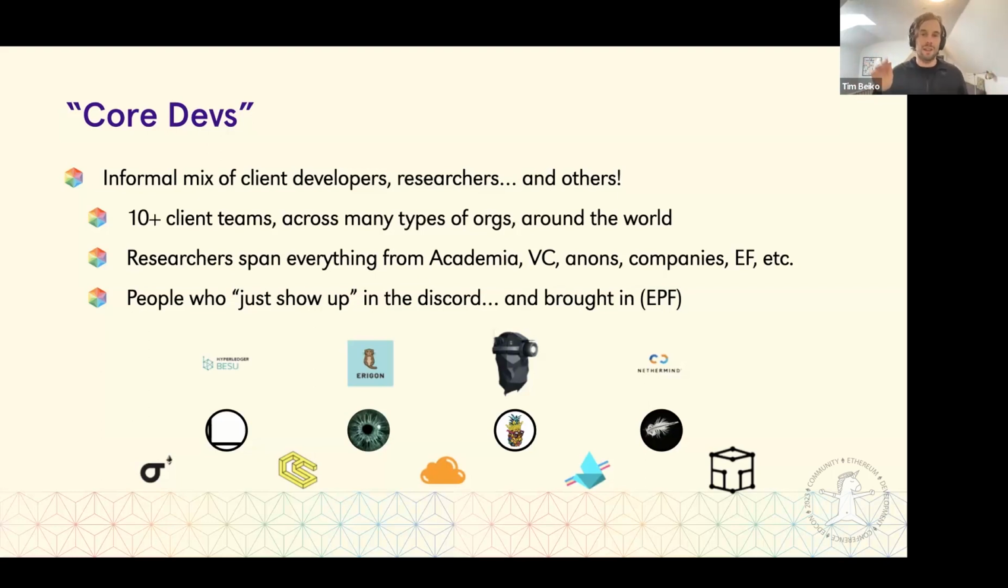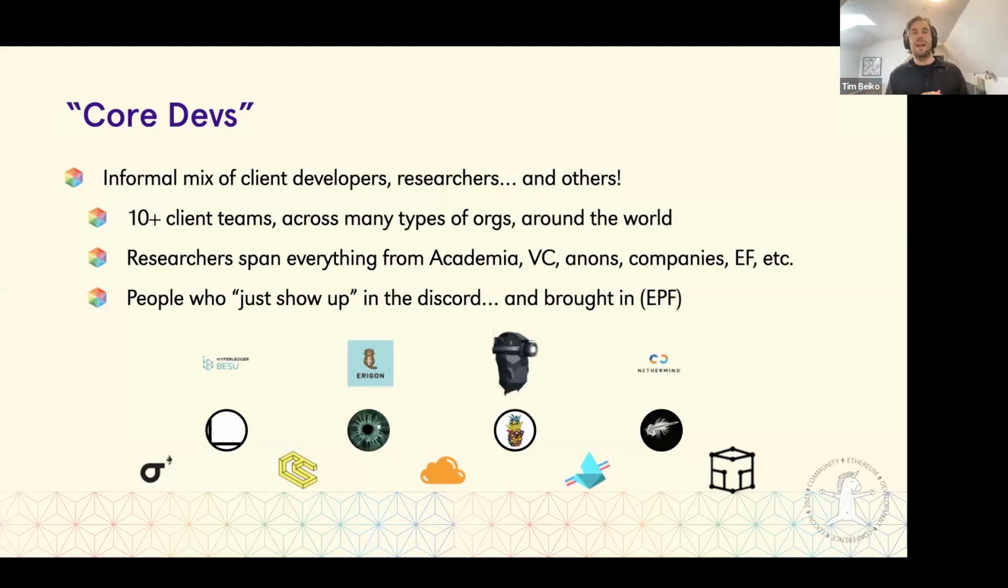And I have 4 avatars of random people who showed up on Discord over the years that are worth zooming in on to make this a bit more real. All the way to the left, we have Danny Ryan, who is quite well known. He came in as a contributor on some of the very early proof of stake stuff, had no previous connections to Ethereum. And today he effectively leads the research team at the EF and coordinates all of the work around proof of stake from the EF side. So he's a great example of someone who came into this open ecosystem, made some extremely significant contributions over the years, and now has a pretty major role.